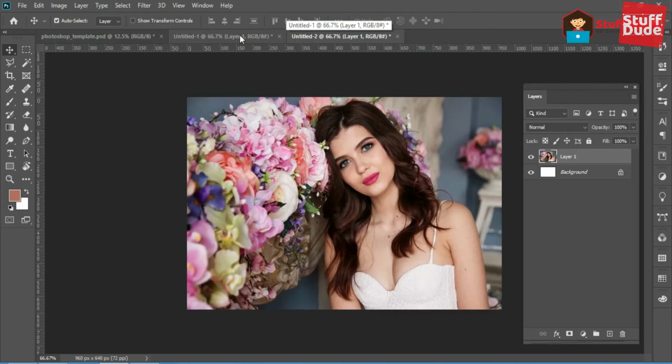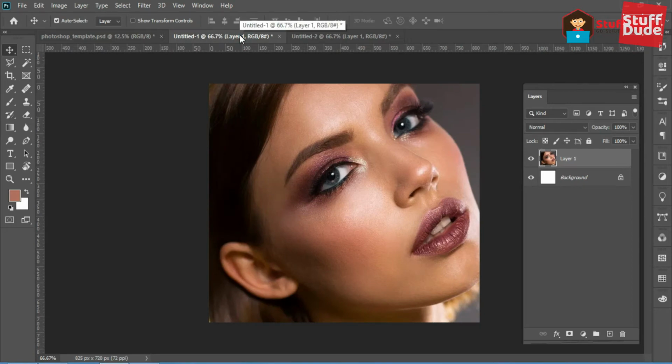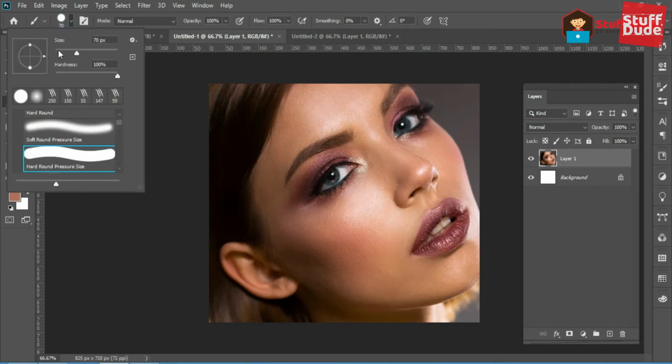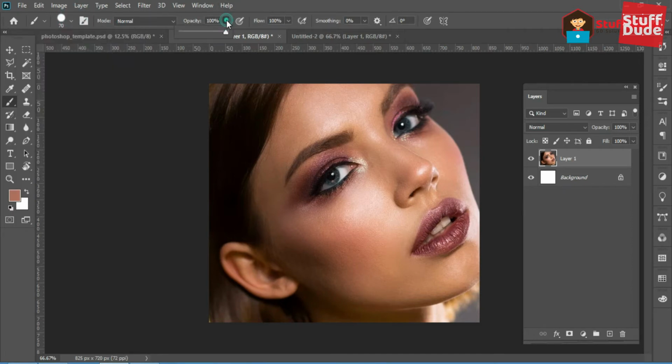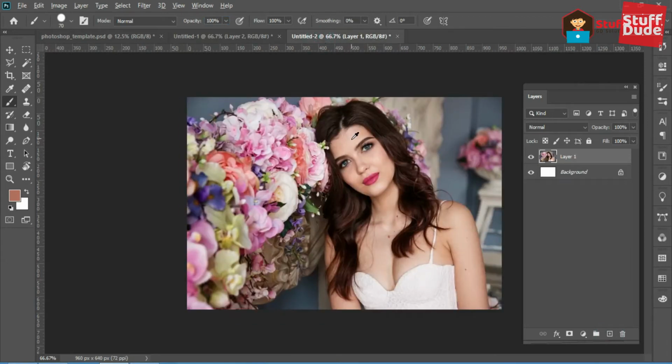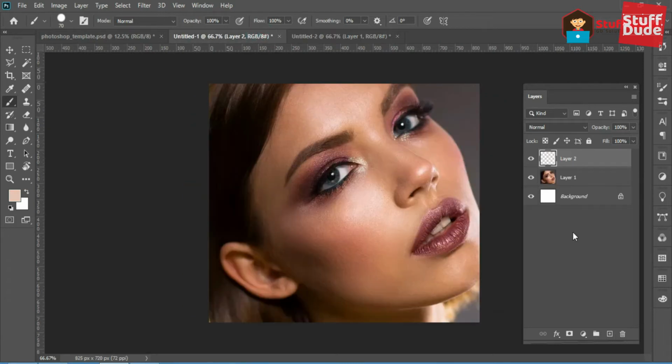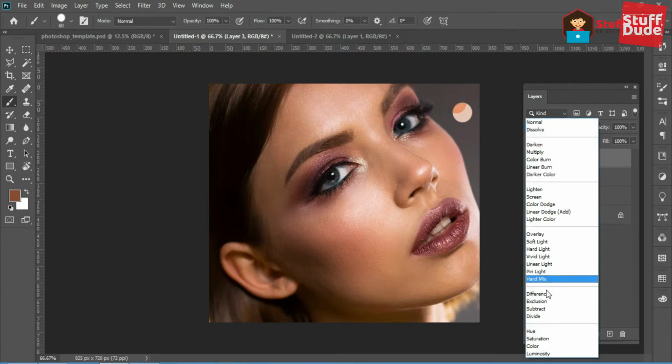How to match the color tone from this image? First select your art brush. Opacity should be 100%. Then create a new layer. Go to that source image, hold Alt key and pick a color. Then add the color here. Same way create a new layer, hold Alt key, pick color from this image. After that go to blend mode and subtract.